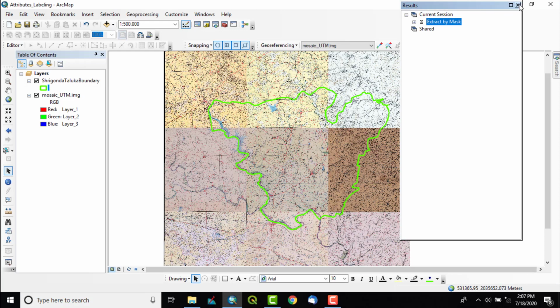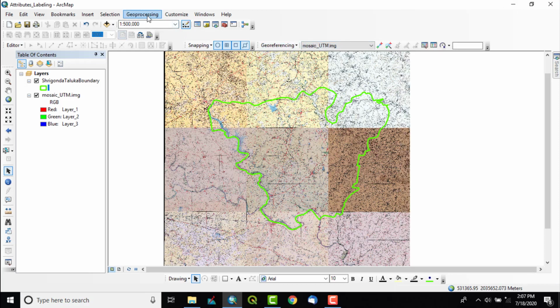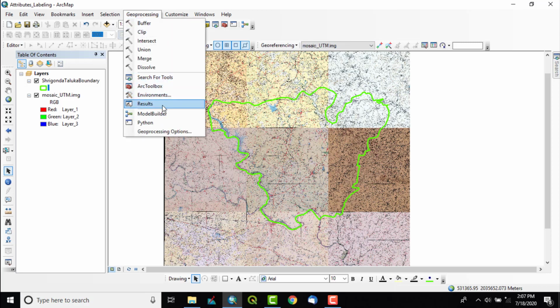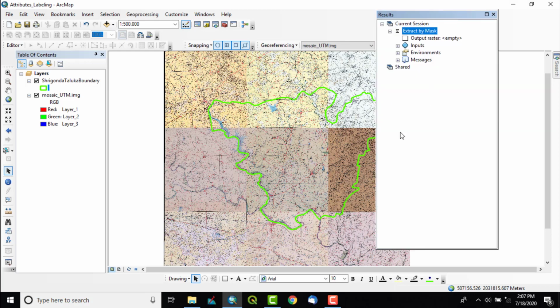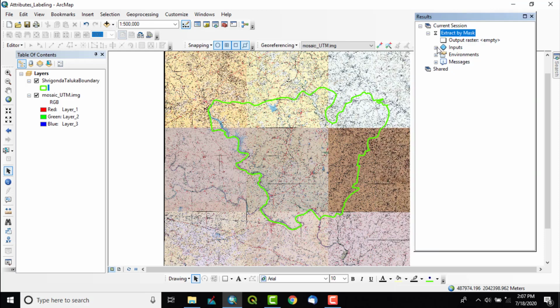So our tool is being run in the background. You can see from geoprocessing results. So it is being run. This particular symbol shows that it is being run, executed. So we have to wait for execution of the tool.